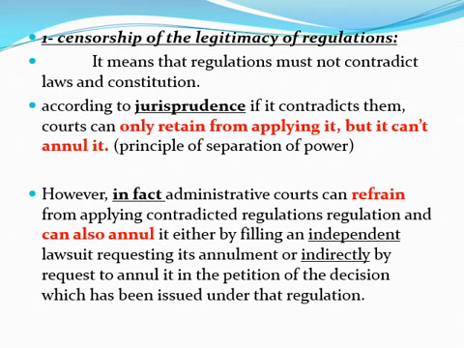But also, administrative courts have extraordinary power. They do not only refrain from applying the contradicting regulation, they can also annul it. Either this annulment was asked independently by someone, or indirectly through requesting the annulment of a decision based on this